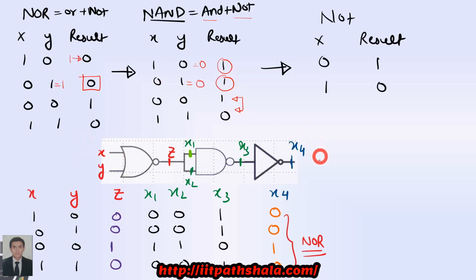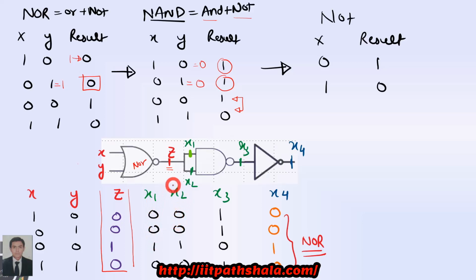Now if I see my following gates over here, you can make the truth table easily. Okay, so these are your provided inputs. This is your first output over here, so this is my NOR gate. So from the NOR gate table itself I can have the following output at Z. Now as you can see over here, Z is dividing into two parts, x1 and x2. So x1 and x2 will be having the same values because it is coming from the parent output Z itself. Hence you are having two same values of x1 and x2.